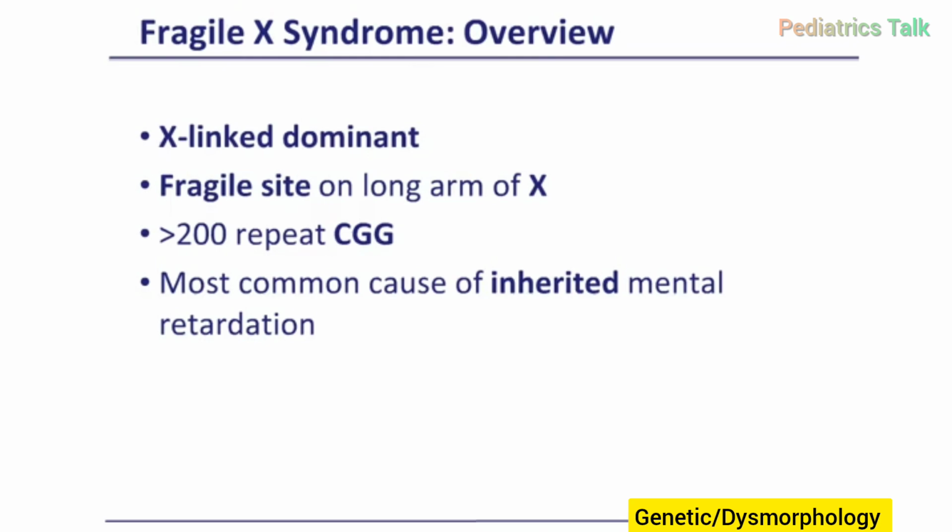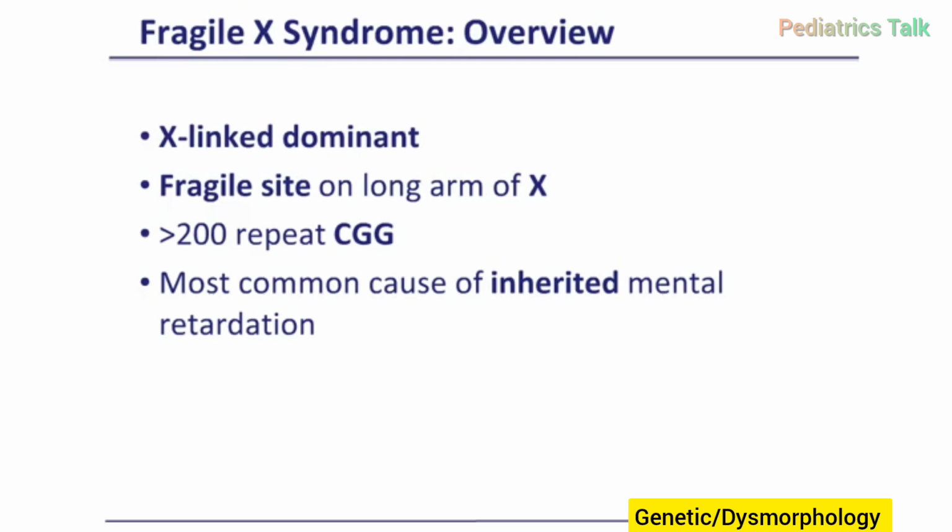do not have the overt phenotypic expression because of lionization, that is, because of random inactivation of one of the X chromosomes, will have anywhere from 50 to 200 repeat sequences and therefore will not have the full phenotypic expression. However, we should be aware that if a boy in a family is diagnosed with Fragile X syndrome and has female siblings, the siblings may have some degree of decreased intelligence, which would go along with the 50 to 200 repeat CGGs. But again, they're not going to have the physical features of Fragile X, even though this is